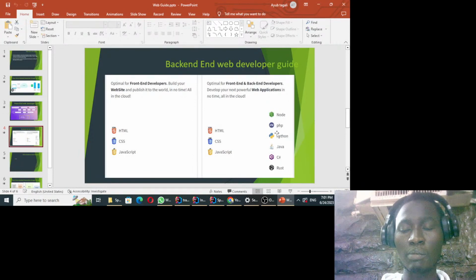Python has a framework, Django, which you can use to develop a backend, or another framework called Flask. So you can use Python if you know Python, or if you are interested in Python. Or you can use the Java programming language with a framework called Spring Boot, which is a nice one. And we have other options like C# and Rust. But to me, I recommend maybe the first four options.